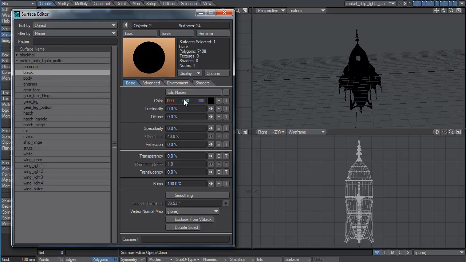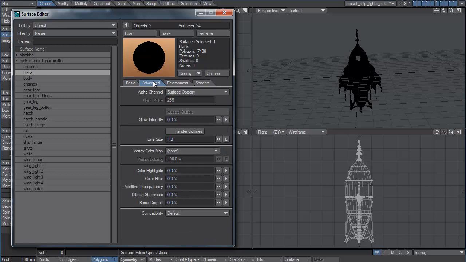But for now, black, we want to make sure it's 0 luminous, 0 diffuse, good, because we want it to come out completely black. We also want to go to the advanced channel and make its alpha value a constant value of 0. That means in the alpha channel, everything that's black in here will come out as 0 and not be visible